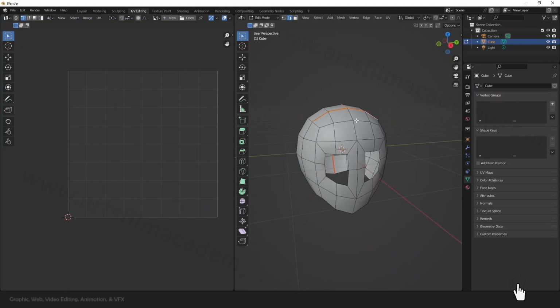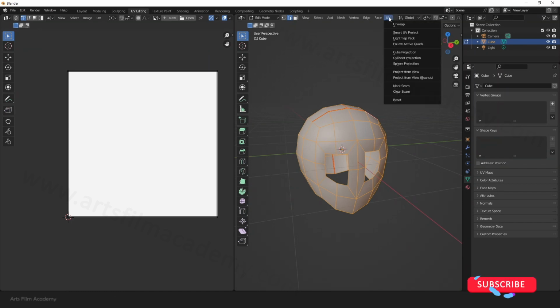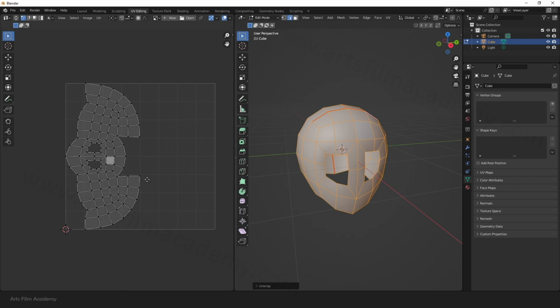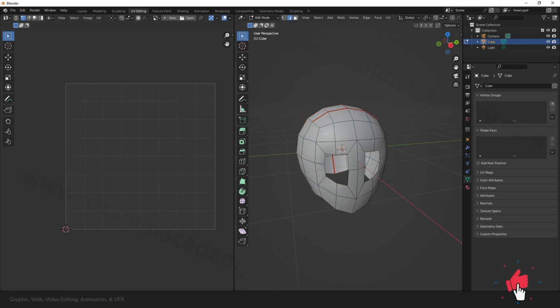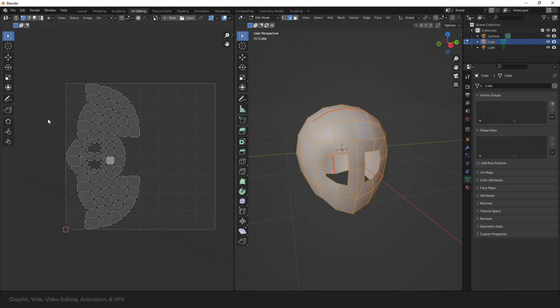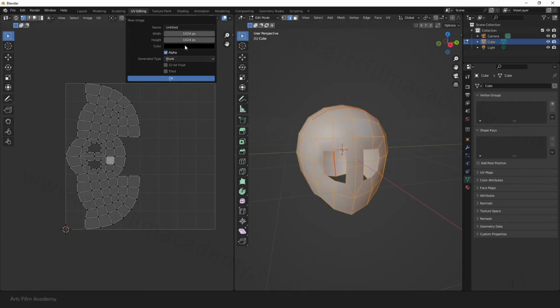Okay, so now let's select all with A, then go to UV. This time we need to use this unwrap option. Just click on this unwrap. Now you can see we got a perfectly unwrapped mesh, right? So it is a perfect open space area. You can also add a texture and see how it looks. UV grid,